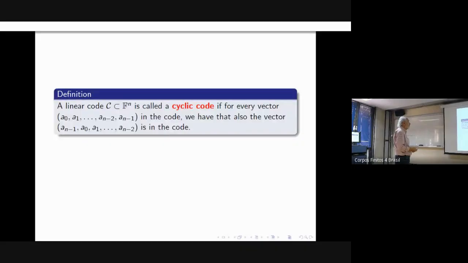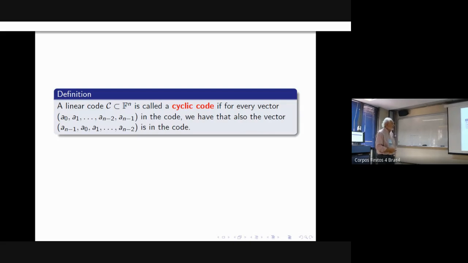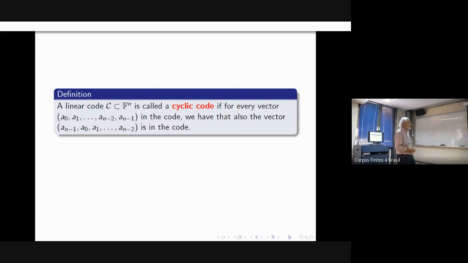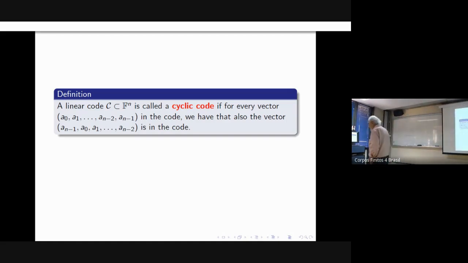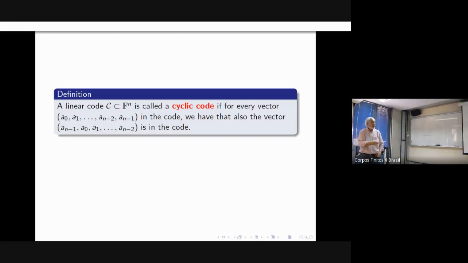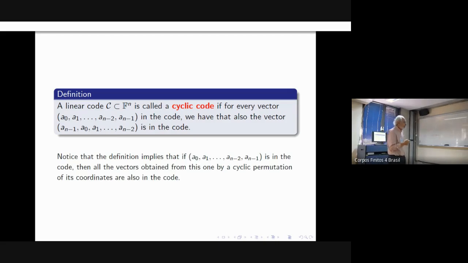belongs to the code, then the shift of the element is also in the code. This is a very old definition by Prange, and essentially it was introduced because of hardware. It was used in those times when computers were slow, and they would work better if the code was cyclic. But it has an interesting